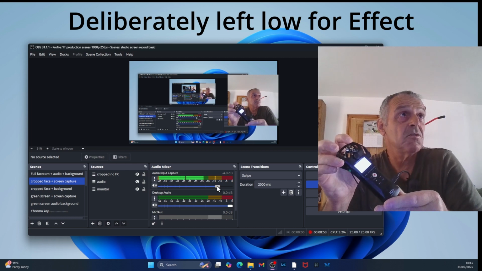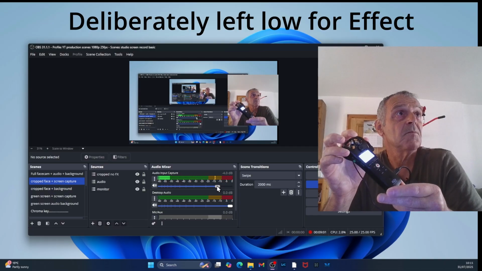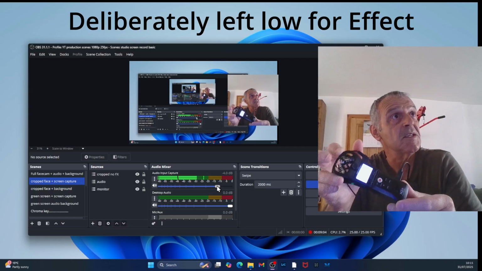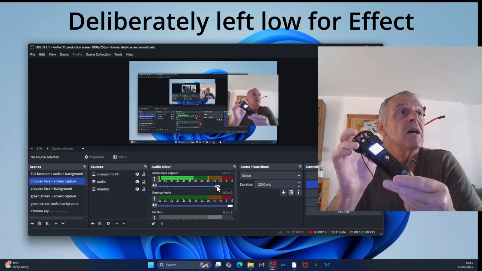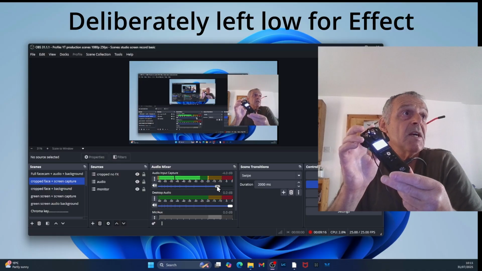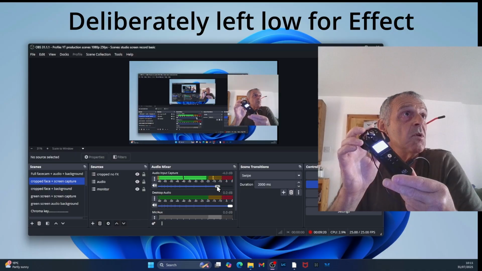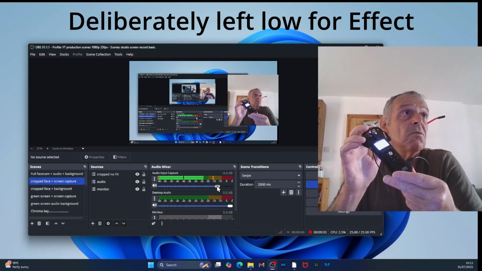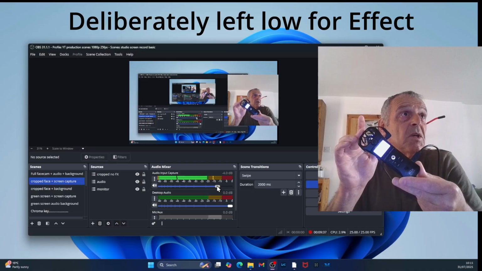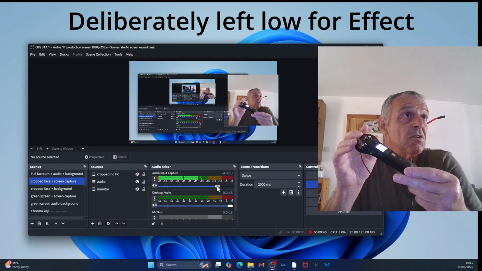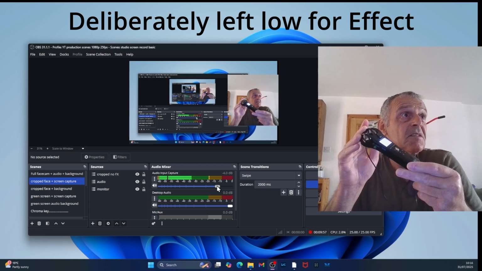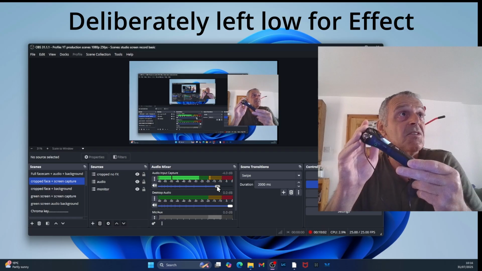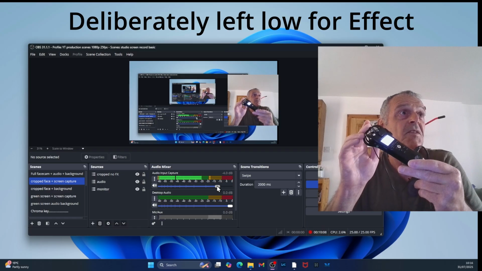So I've actually figured out where I'm going wrong, because sometimes the audio is good and sometimes it isn't. I don't tend to adjust the audio input capture on OBS because I set it up once and it was great. So I always thought that whatever audio interface you plugged in, it didn't matter what setting was on it, and that OBS controlled the volume. But now we find that it doesn't, that you have to set it on the audio interface, and you can fine tune it then in OBS.